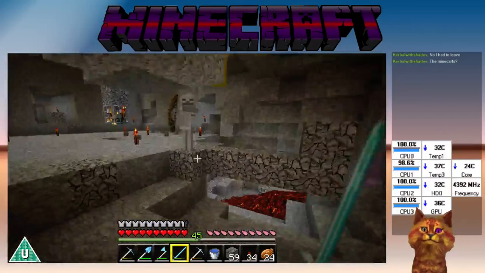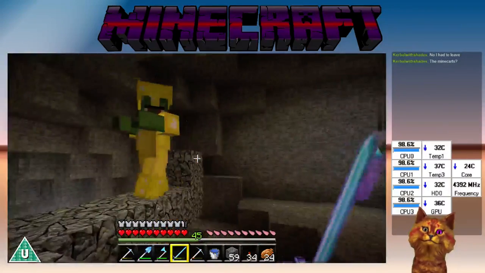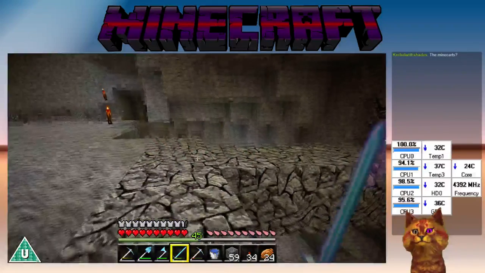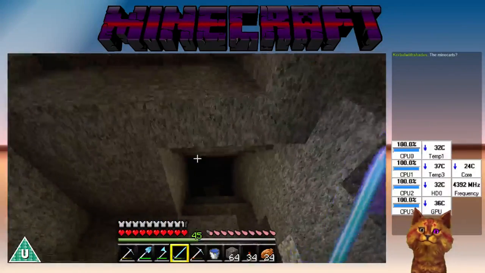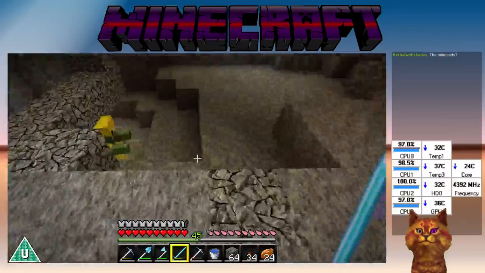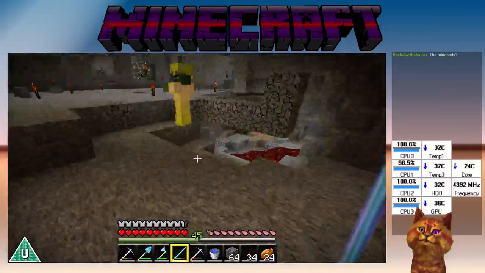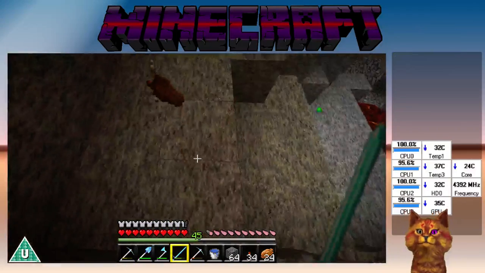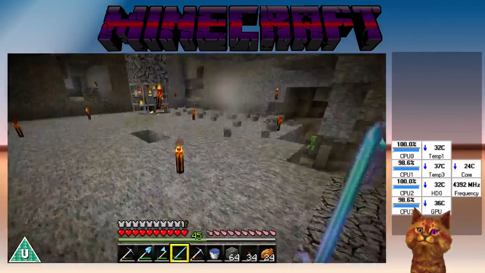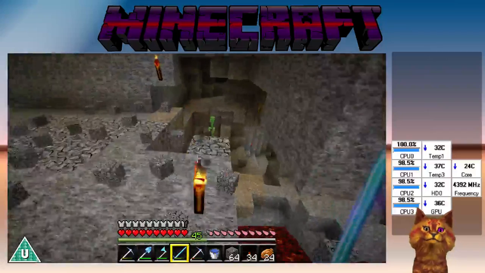What's just shot me? Oi! Zombie in full gold armor. Come on then, see if I can get some gold armor off him. Nope. Well, at least he dropped the...